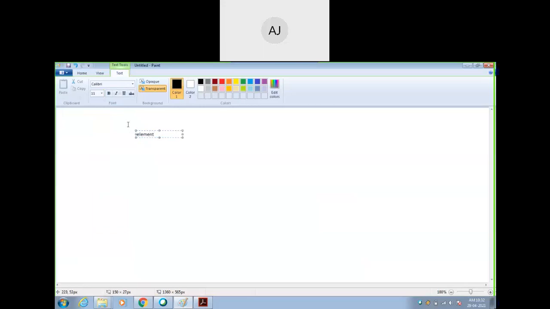Element, then opening curly brace, then closing curly brace. In between this you have property one, then separated by colon, and then value one, then semicolon.